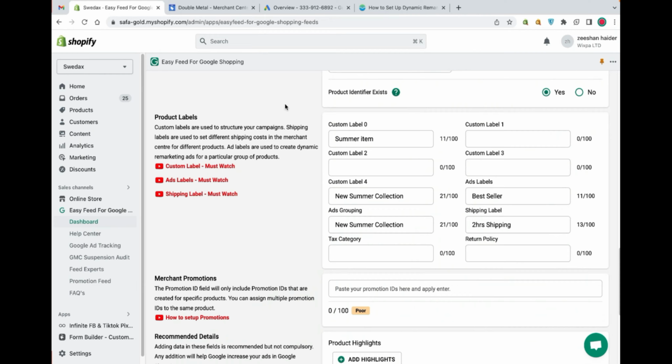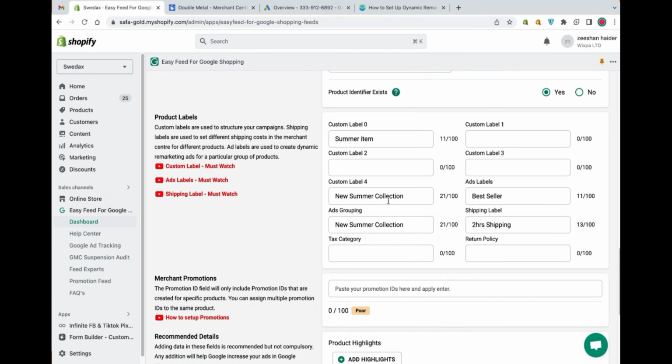In this video we will learn how to use ads label and ads grouping. So basically creating ad label and ads grouping using Google Merchant Center data is a powerful strategy for streamlining and enhancing your Google Dynamic Ads campaign. This approach allows you to tap into the rich product data available in Google Merchant Center to create more focused ad groups and deliver tailored ads to your audience, and it will also help you to improve your campaign's effectiveness